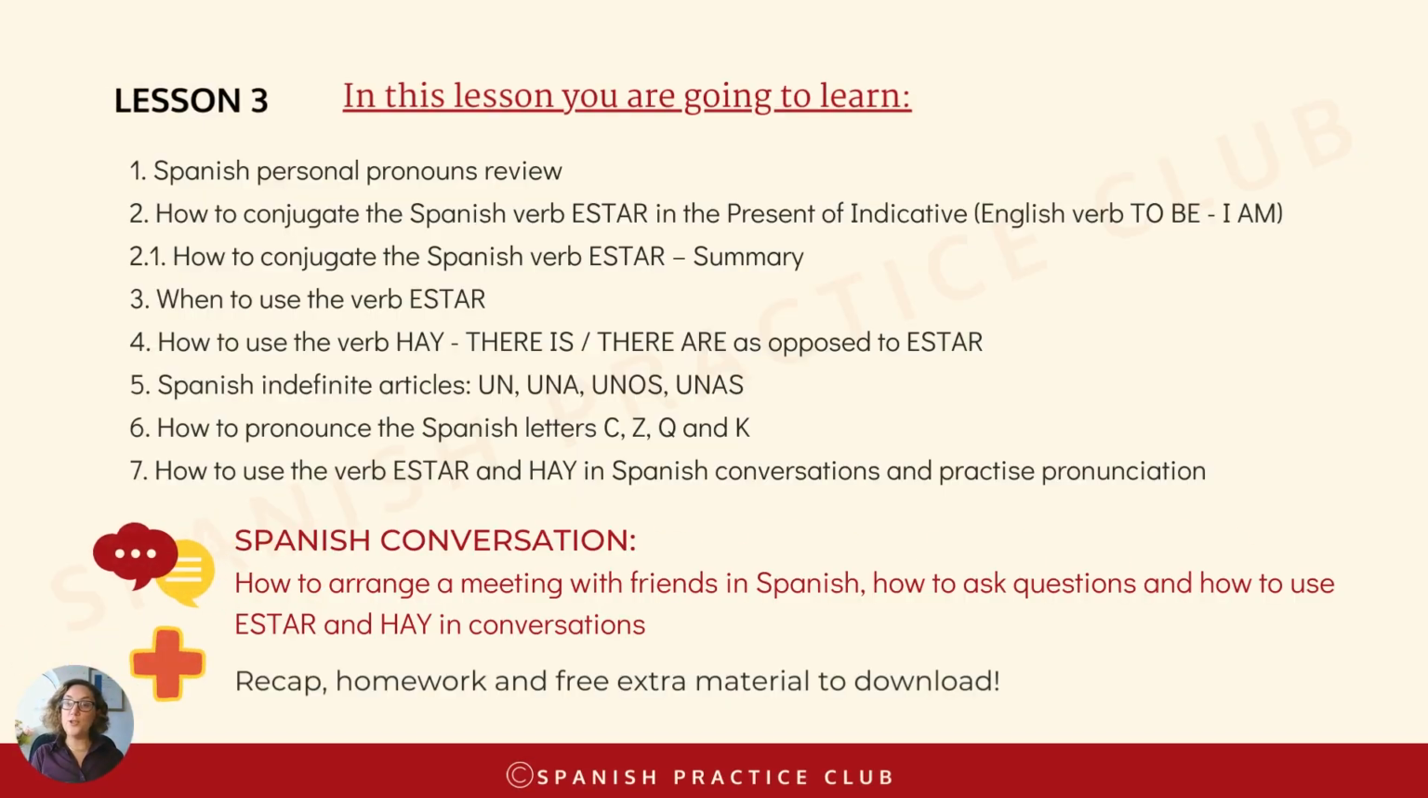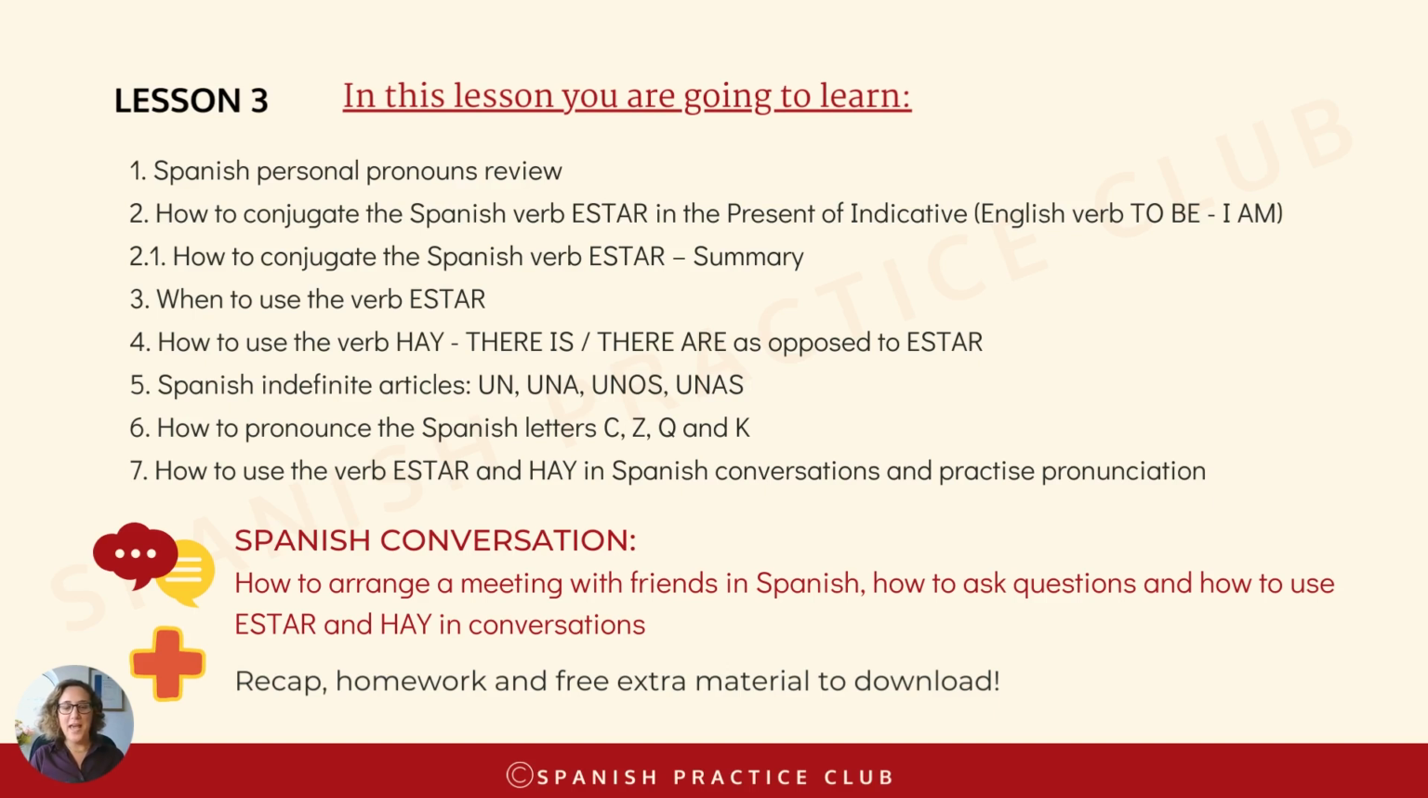This week, we are going to be learning the following. We're going to be reviewing the personal pronouns in Spanish to consolidate what we've learned in the previous weeks. We are going to be learning a brand new verb, the verb estar, which is also the verb to be in English, in the present of indicative. So what are the differences between those two verbs, estar and ser? And we're going to do a little summary of it so that we can help you summarize all that information